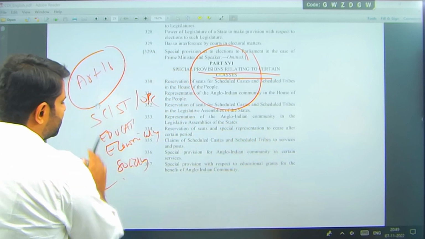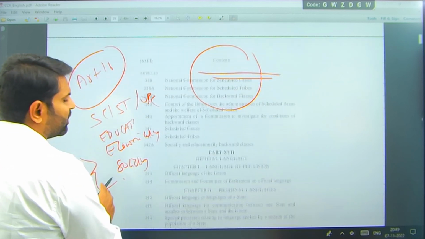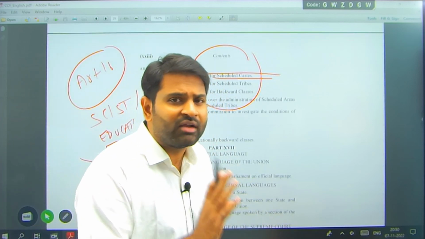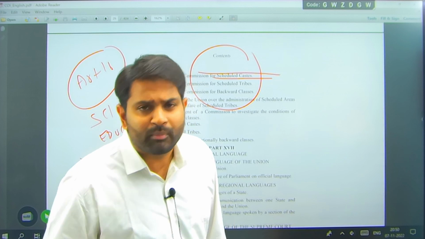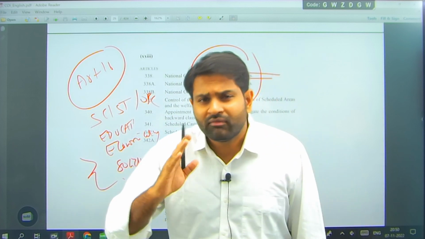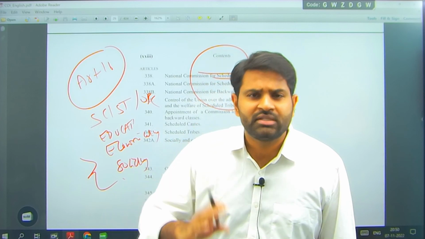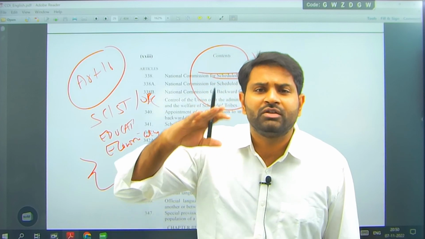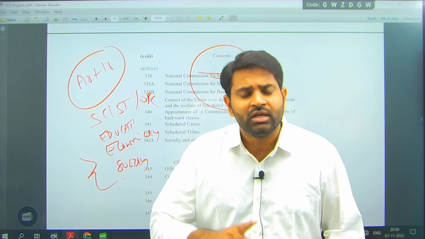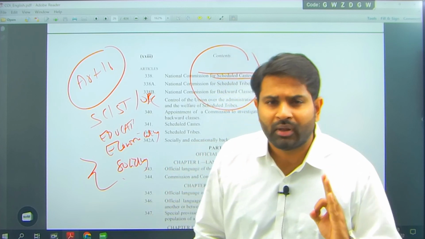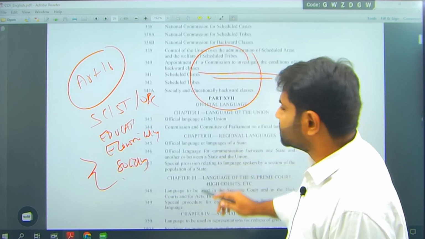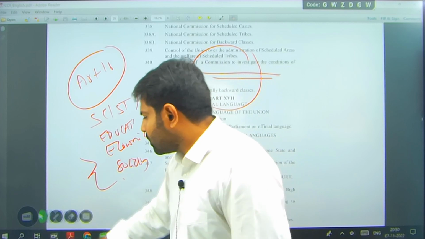So up to this it is very important. 16th part is also very important. 10th schedule, 16th part, 5th schedule, 6th schedule, Article 15, Article 16, these are very important. I will repeat once again, Article 15, Article 16, 5th schedule, 6th schedule, 10th part of Indian Constitution, 16th part of Indian Constitution are very important. We are talking about socially, educationally, economically backward people, their position in legislatures, their position in jobs, everything. Reservations, to be frank, in simple if I have to talk about.